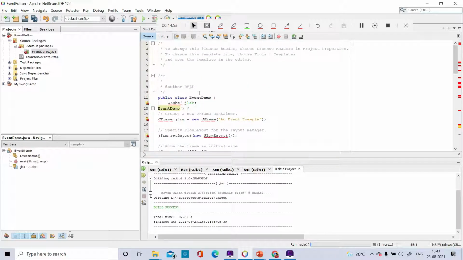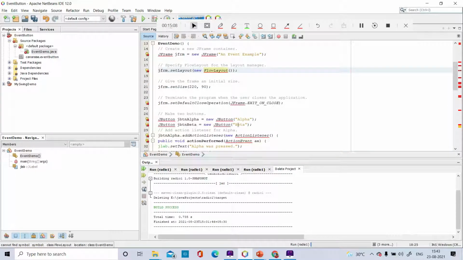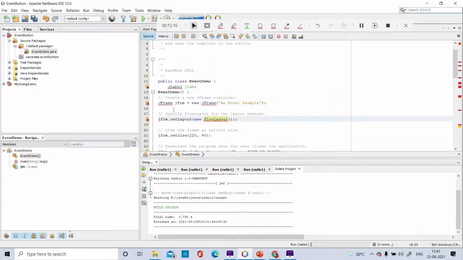Because I have not included, students, the libraries which are required. For flow layout and for JFrame you need the Swing library, and for flow layout you also have the AWT libraries. All these things I need to add so that this will be enabled. It has to come to know what this is, so how will it come to know? Through the library. So I need to give access to the library.